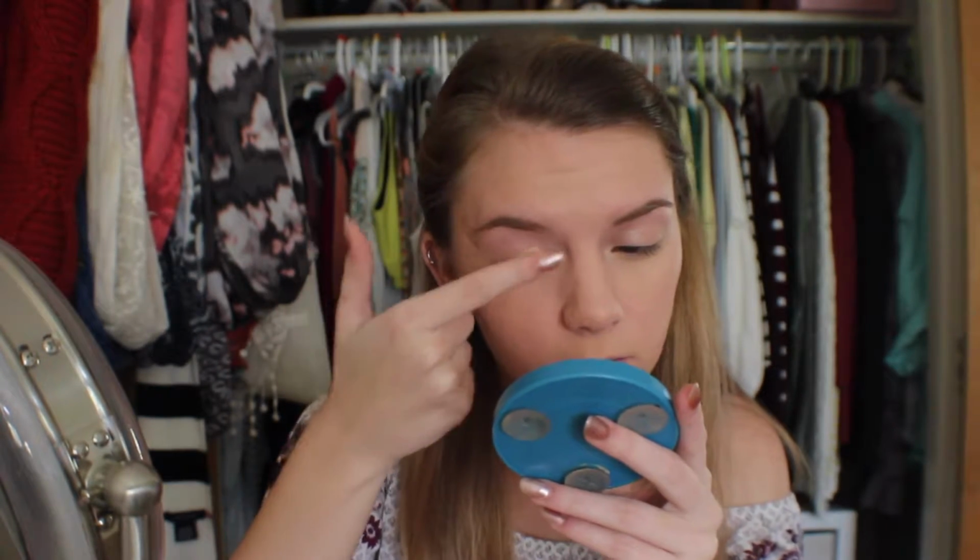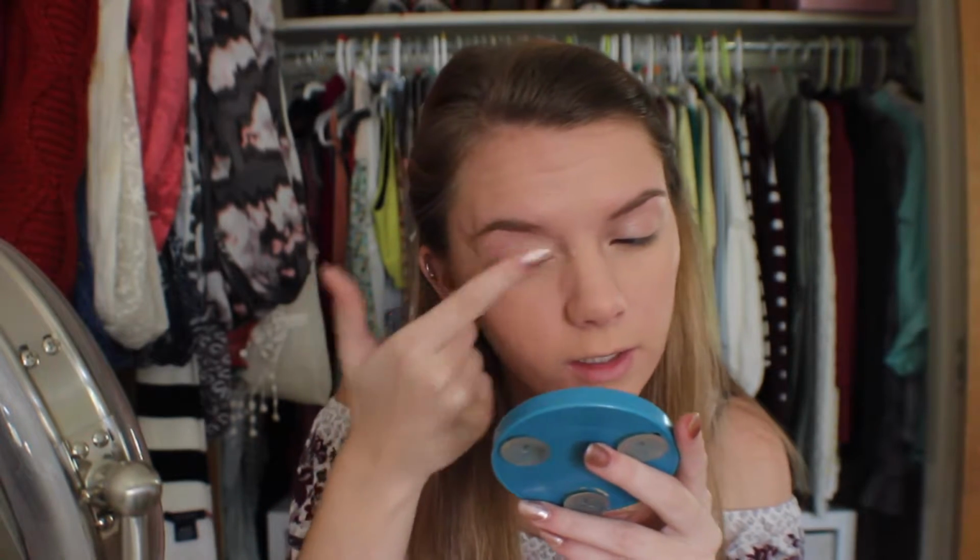So I'm going to be taking the MAC, what is this called? MAC Paint Pot in Soft Ochre and prime my eyelids. I'm just going to use my fingers because I have found that that is easier with paint pots. And then we're going to set our eyelids, or our whole eye, with a powder. And today we're going to be using the Morphe 350 palette. And we're just going to take a fluffy brush and just go in with this first shade